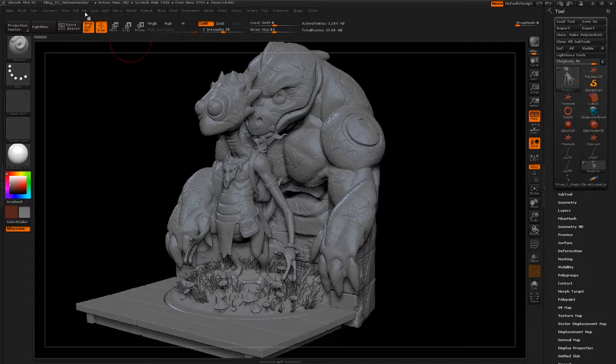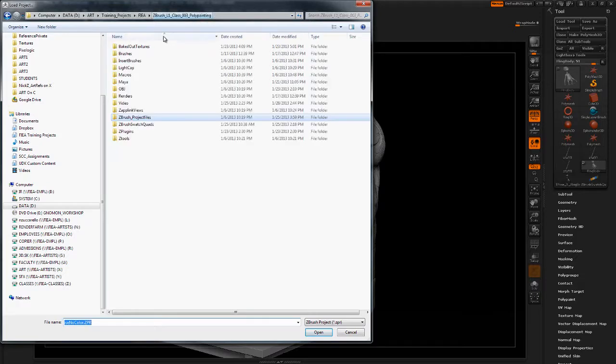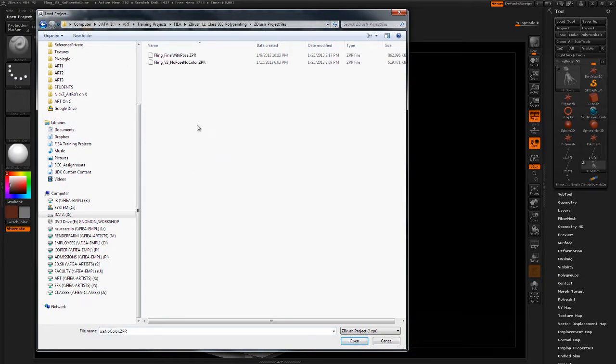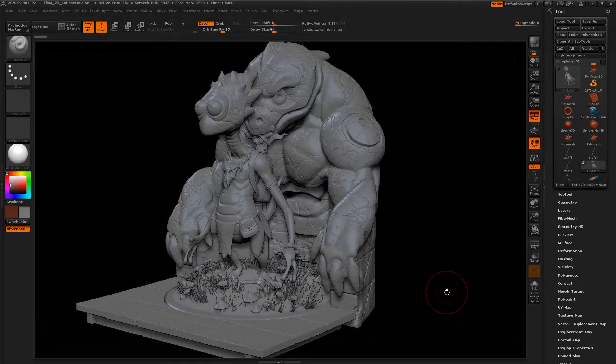So actually that just sits under, if you go to File and open one of the ZBrush projects, within the folder structure that I have, ZBrush project files, and you can go in there and there's a Fling version 3 no pose and no color.zpr. You can go ahead and open that up. It might take a little bit of time to open it up. I think the file is about 500 megs or so. So that will be the file that I'm going to be using,